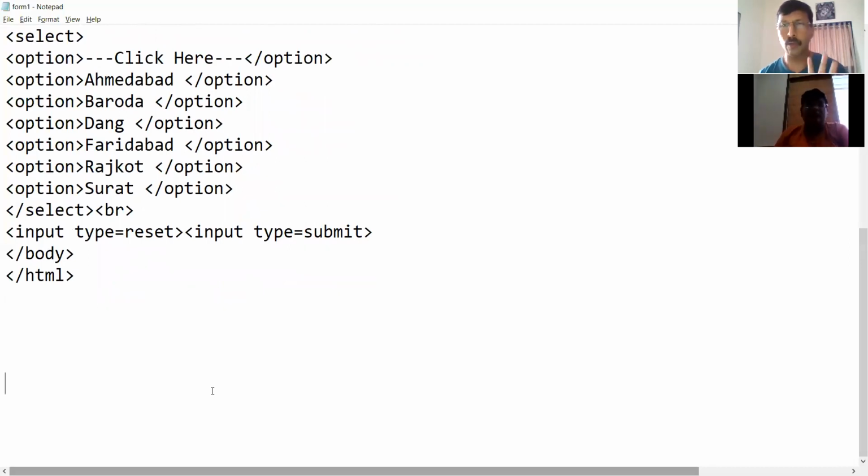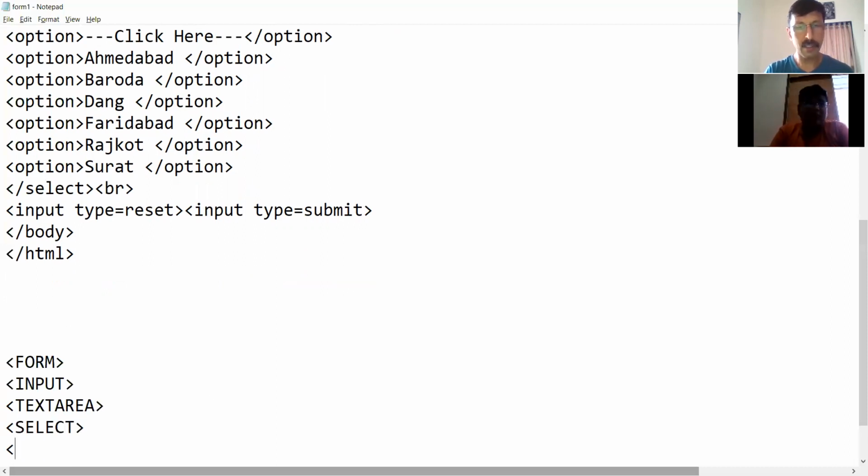You need to learn only 5 HTML tags to create a form. One is the form tag, next is the input tag, then the text area tag, select tag, and option tag. Using only these 5 tags, you can create the entire form. And you know the use of all these 5 now.